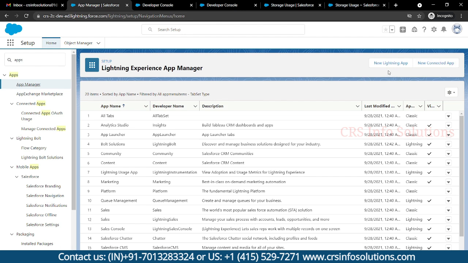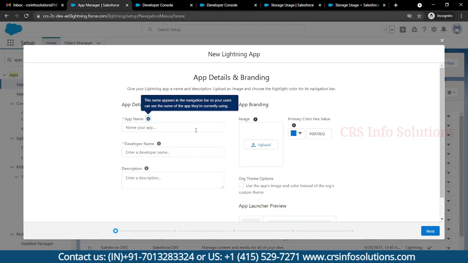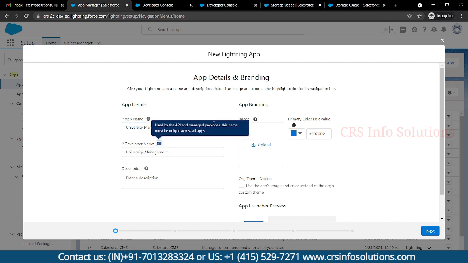If you want to create a custom application, you just need to select the new Lightning app, and there you need to provide the application name. For the application name, I'm just giving something called University Management, or you can give any name you want. Once you fill in this name, the developer name will be auto-populated by the system.